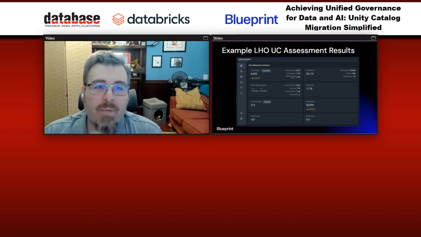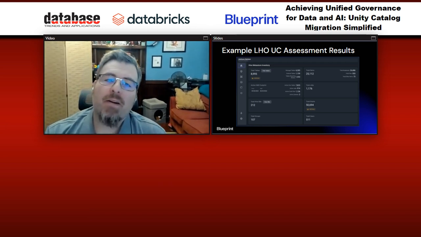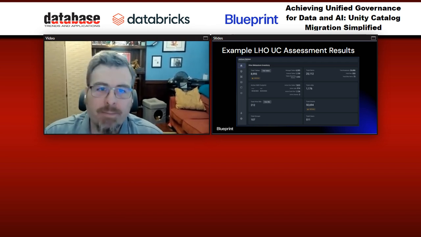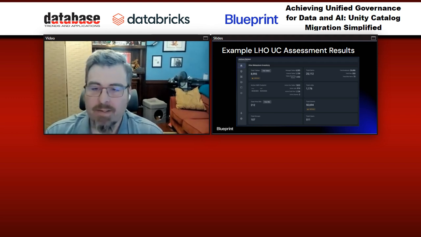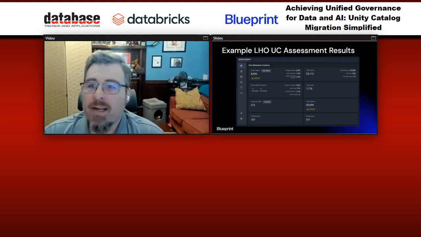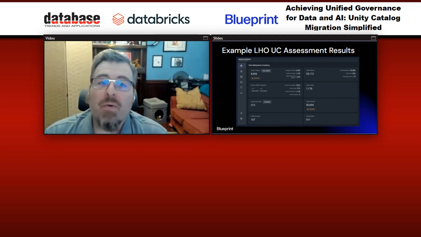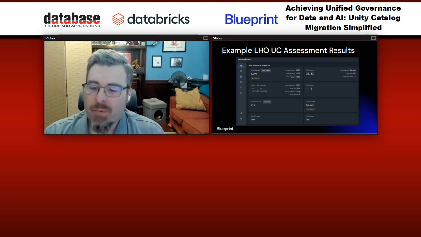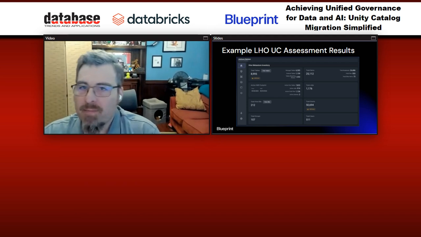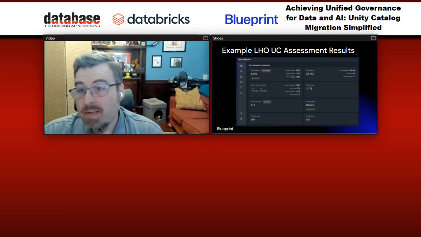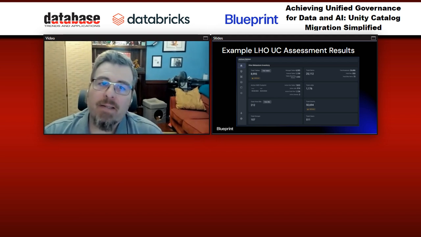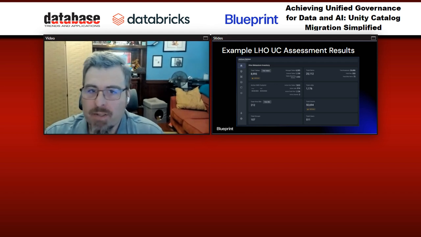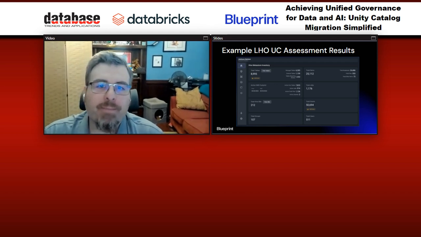Over in the upper right, you can see we found 25,000 items. These are workspace items. So think of everything you have under your workspace folder in Databricks. These are your notebooks, your Python files, your Scala files, your dashboards, even your repos. The reason we assess this is we want to find out whether there will be any impacts if we were to move a given data object from Hive Metastore into Unity Catalog. And the answer is yes, there's almost certainly an interaction, but we need to discover how complex that interaction is. And this is our first measure of how we discover that.